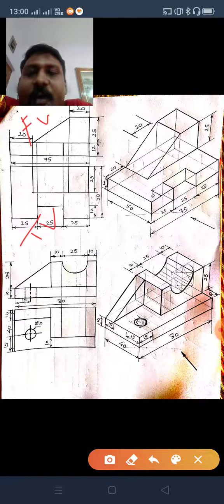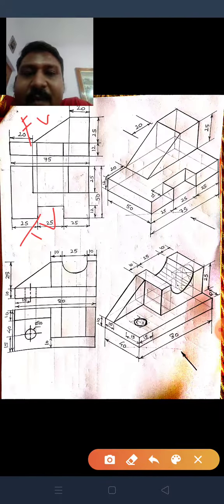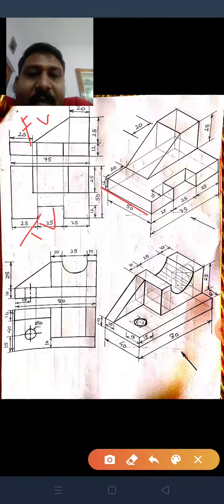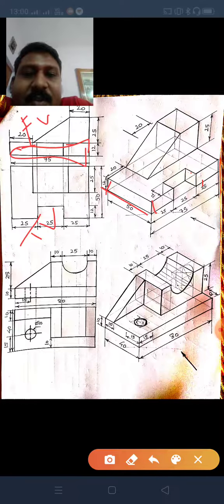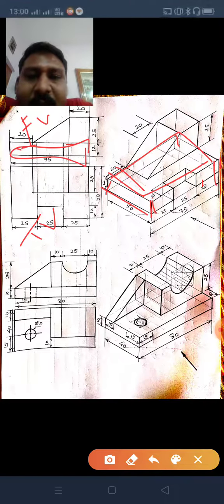Again you have to draw it in your sheet. Again you just see in top view it is 75 by 50. That's why I have taken here 75 and here 50. Drawn this. Now see here it is a gap, that's why I have taken a gap in the top view, 25, 25. Okay, see here the base is of 12. So just first create a base, 12, 12, 12 and 12. Join all the lines. So you will get this box.